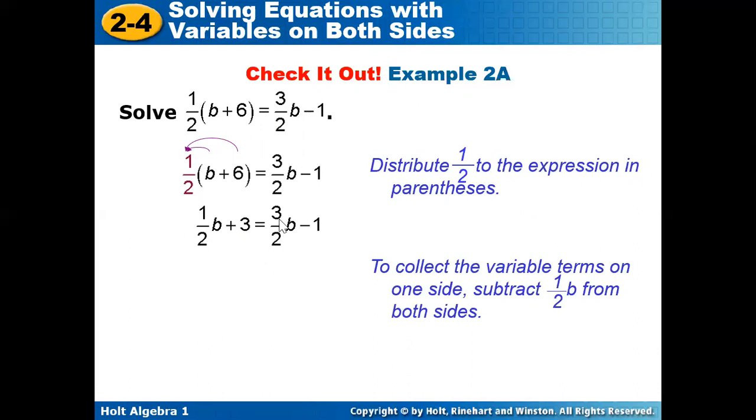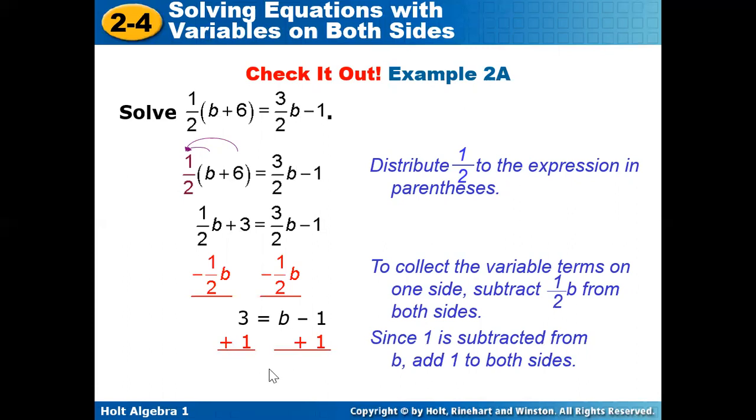We have to get either our fractions on one side or our variable term on one side or our non-variable terms, which means, once again, just a term that doesn't have a variable. So this time we'll move our variable term first. 1/2 b by itself is positive, so we're going to subtract 1/2 b from both sides. 3/2 minus 1/2 gives us 2/2, which 2 over 2 is equal to 1. 1b is written as just b. Now we need to take our -1, and we're going to add 1 to both sides,